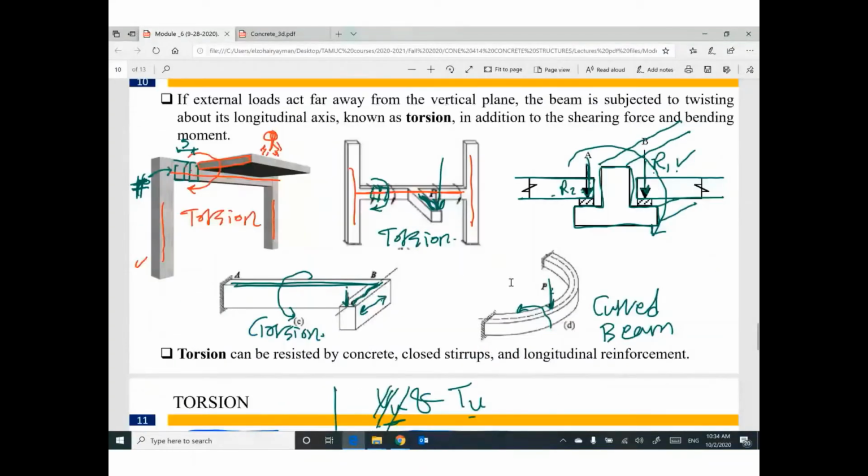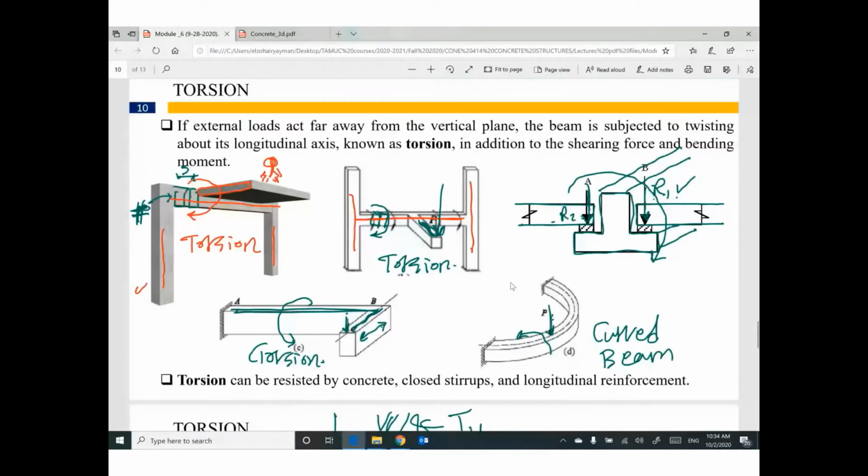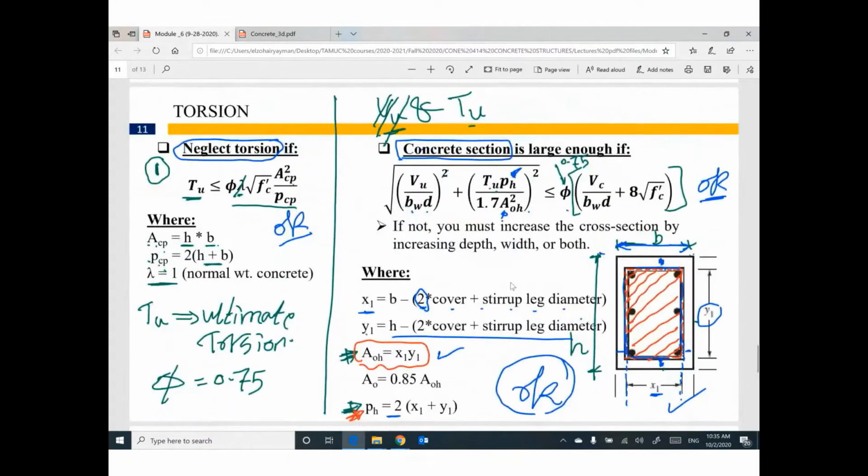Making, we started something new which is called torsion. Torsion means twisting of the beam. For some reason, we can expect torsion or twisting on the beam. Last time I told you we may neglect this torsion if